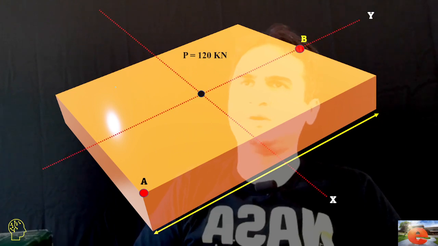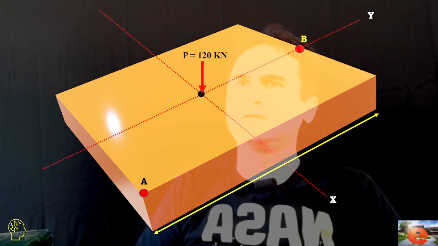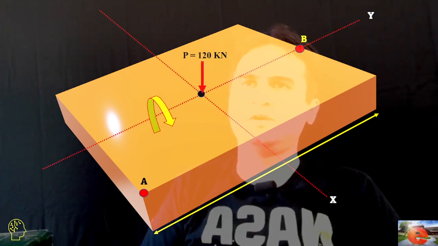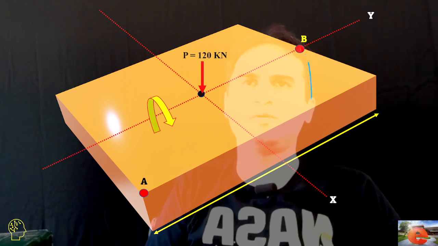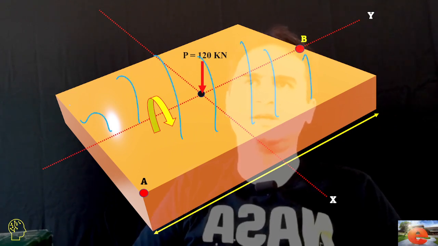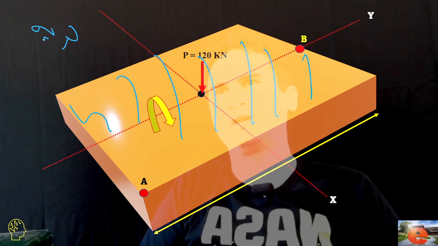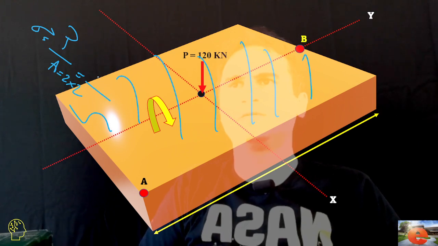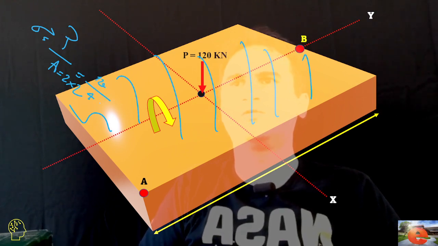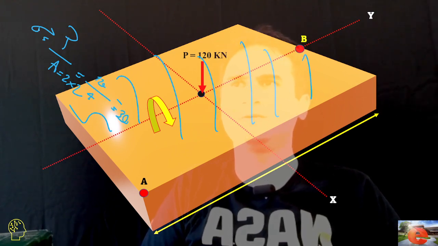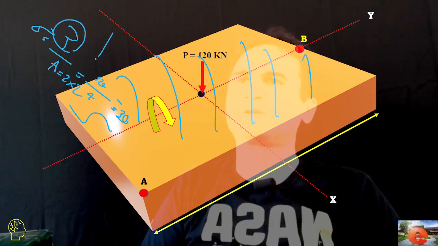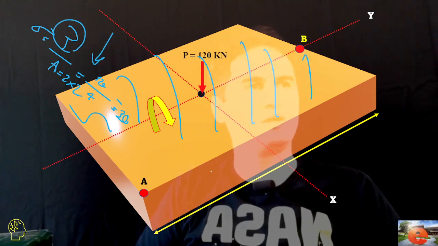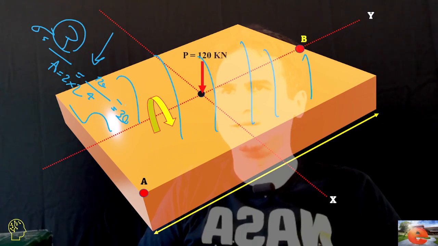Let's start the problem. If you have a concentrated load of 120 kilonewtons, every point under this foundation experiences a stress of force over the area of the foundation, which is 2 times 2. That's 120 over 4, and it's negative because it's a push, so negative 30